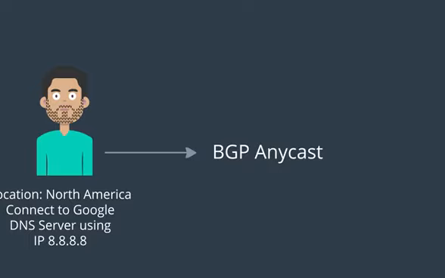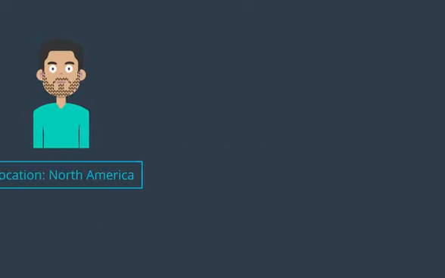8.8.8.8. One may think that this IP address is associated to one server because this IP is announced globally by Google DNS server, and hence it is the IP which is seen every time at any location. However, this is not the truth. So if there is someone in North America who wants to resolve a domain using the Google DNS server, they're going to connect to IP